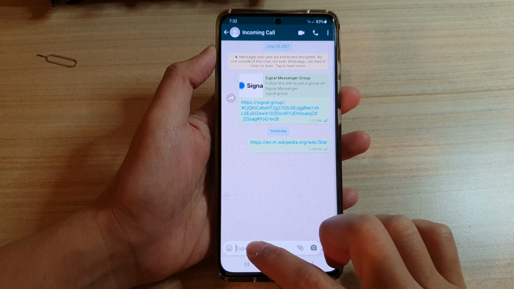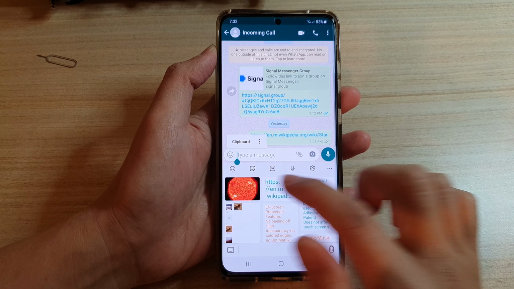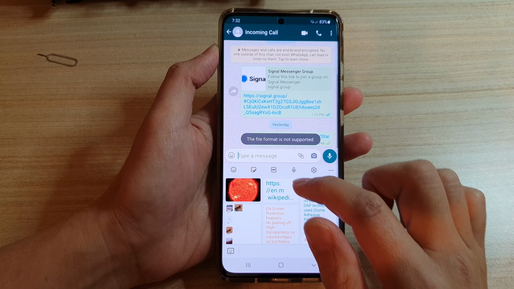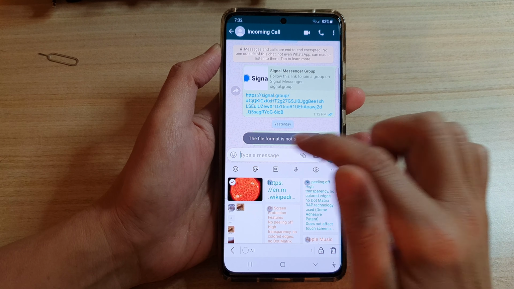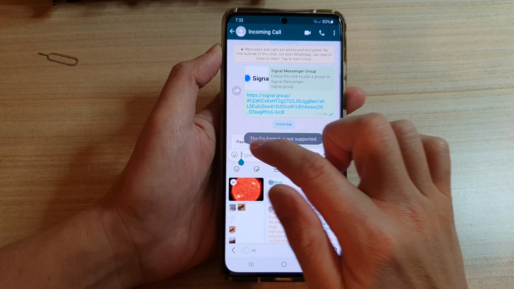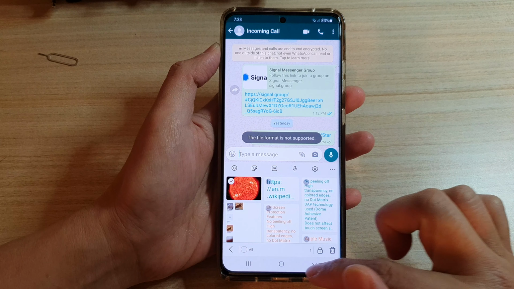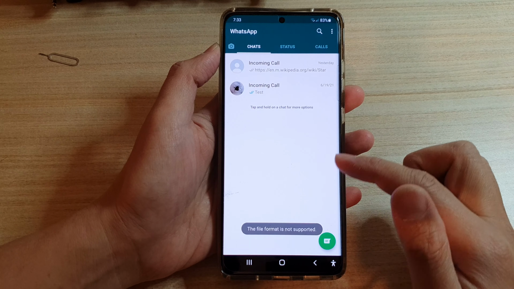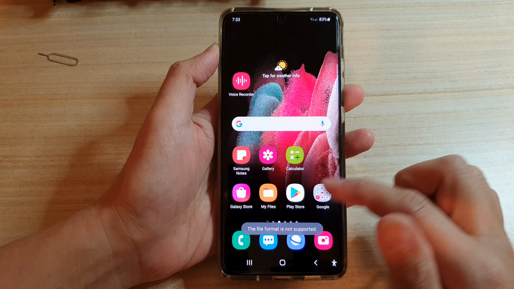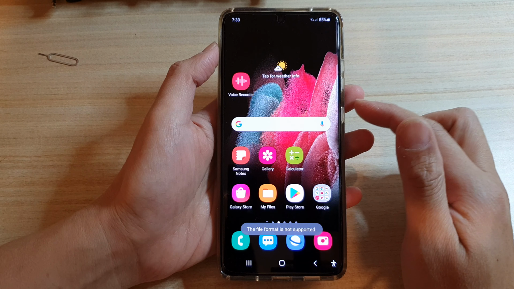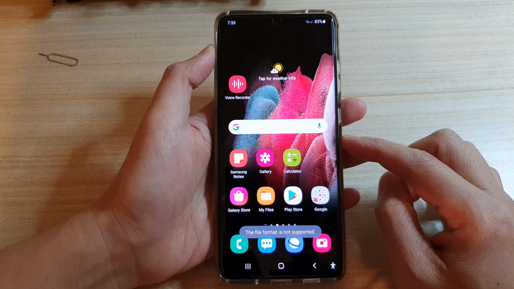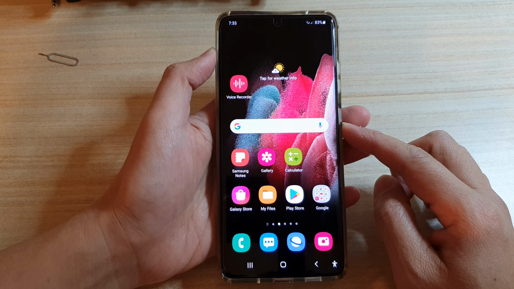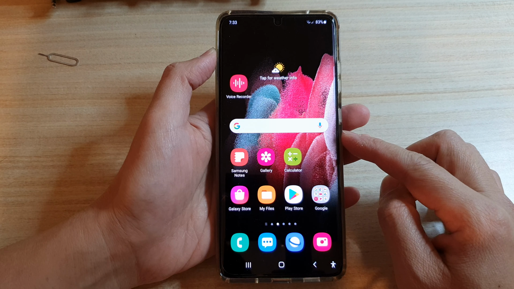okay, you can see if I touch and hold, I can tap on clipboard, and then so this particular format would not allow me to paste into the clipboard. So while some apps will support the format from the web, some apps will not be available for you to paste. But that's it. That's how you can copy and paste images from the Samsung Internet to other apps on your Galaxy